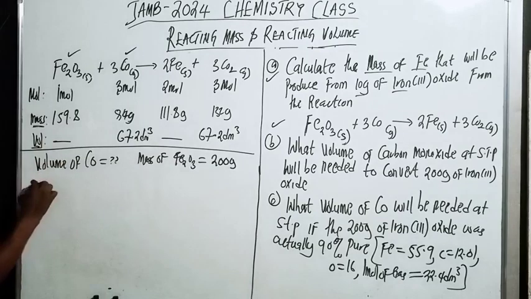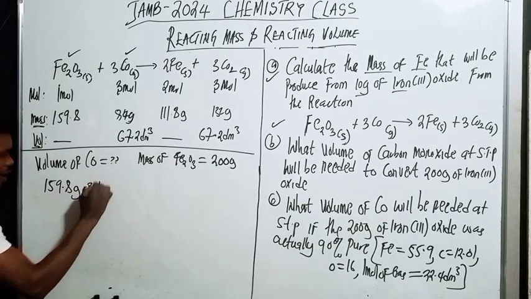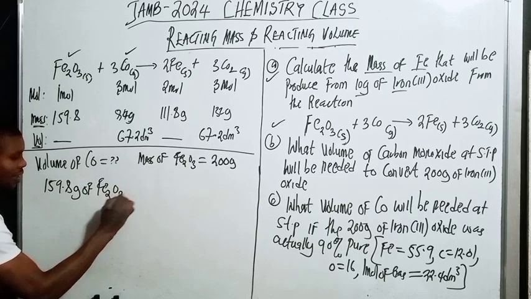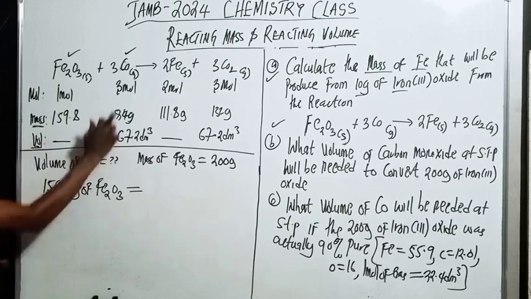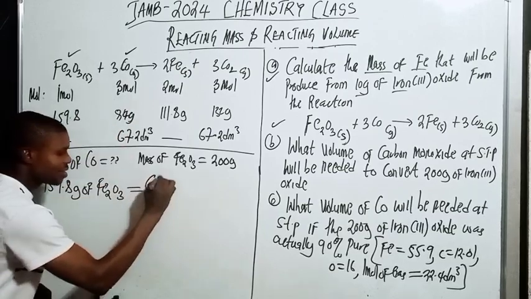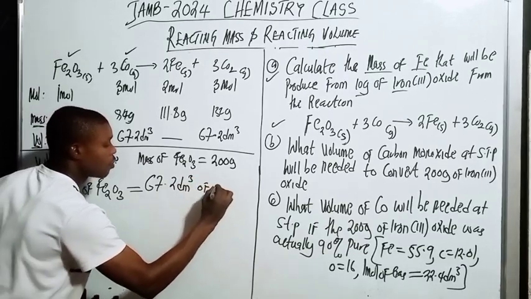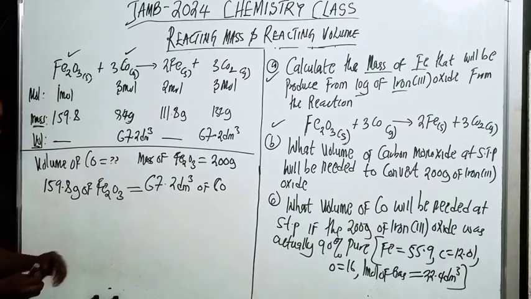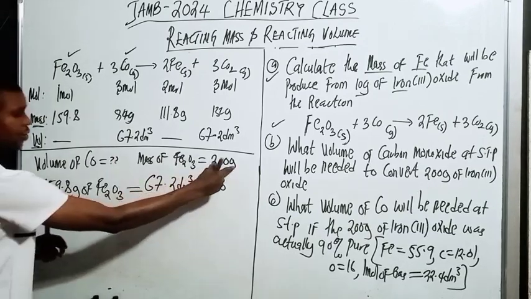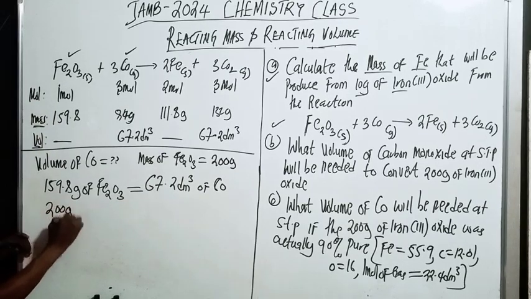So it's going to be 159.8 gram of Fe2O3 equals to here. Now they're talking about the volume of CO, which is 67.2 dm³ of CO. Do you understand? So from here now, this one was given to me, which is going to be 200 gram of